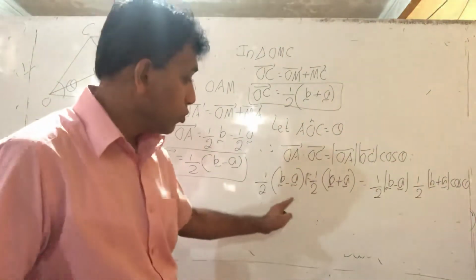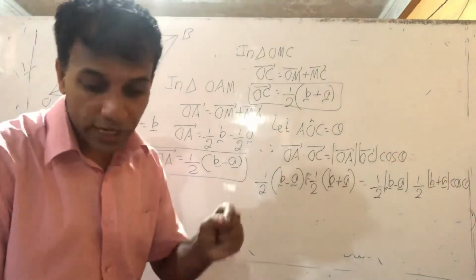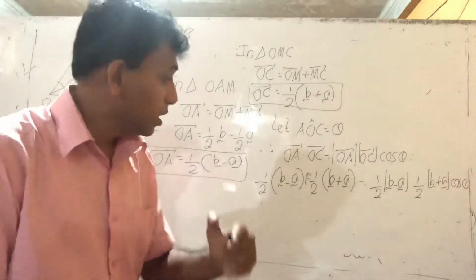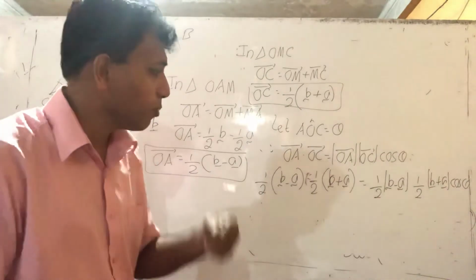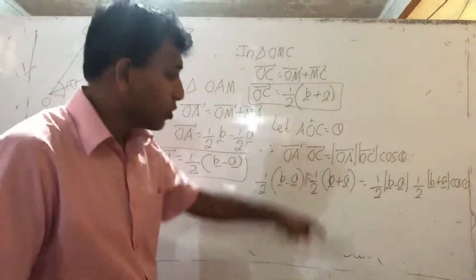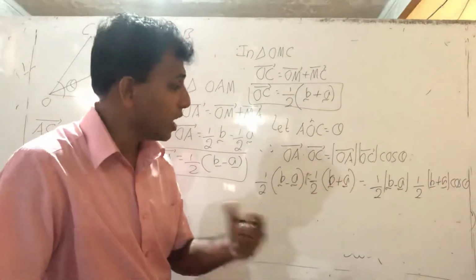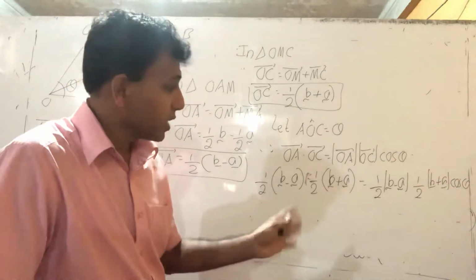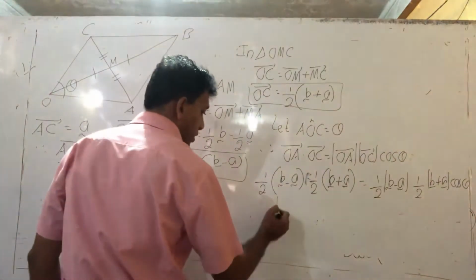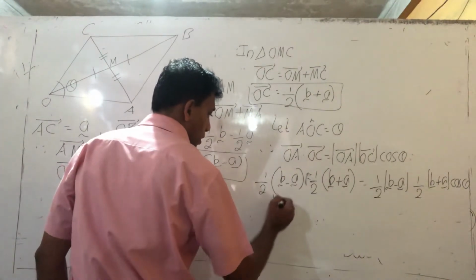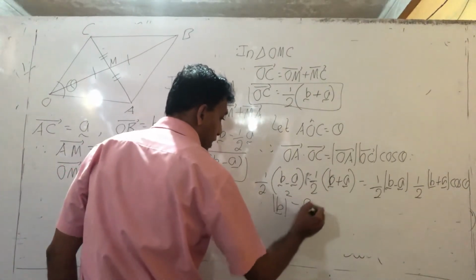Now you multiply: B dot A, you know B dot B is mod B into mod B cos 0, therefore mod B square. A dot A also mod A, therefore mod A square. So in that case you cancel these things. Therefore here mod B square minus mod A square